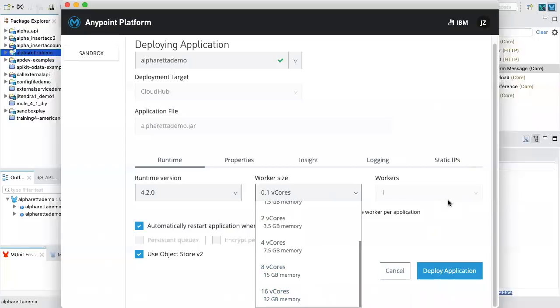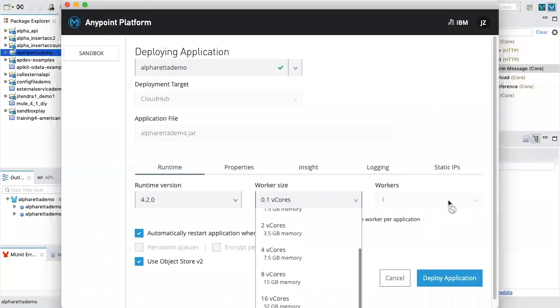Could you also bring it back down? Yep. So let's say you have Christmas now, bump it up. Then February, save your money. Does MuleSoft charge you based on how many workers and what sizes? It is on the basis of the worker and the worker size. Right now I'm on the free version, a 30-day free trial. I can do whatever I want, but only with one worker.